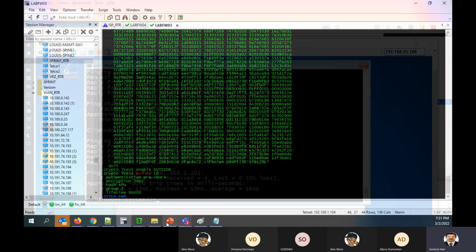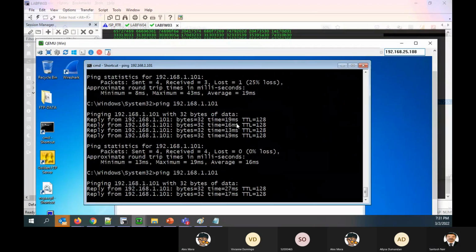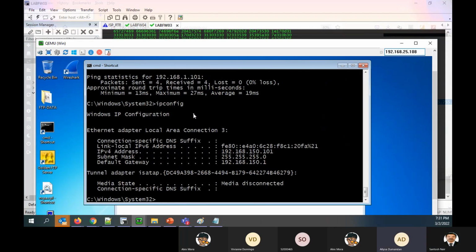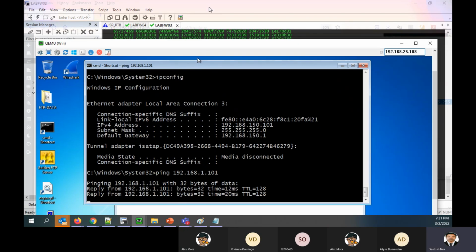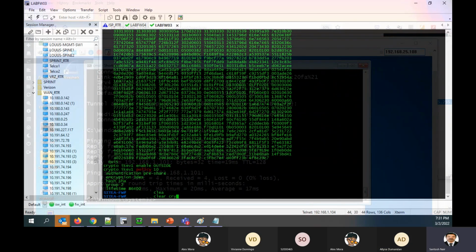Now, if you see, it is still pinging. Why is it still pinging, actually? Any idea? Because the tunnel is not cleared, we have given a timeout, right? Yeah, the timer has to expire, again negotiate. If you want, we can type clear crypto